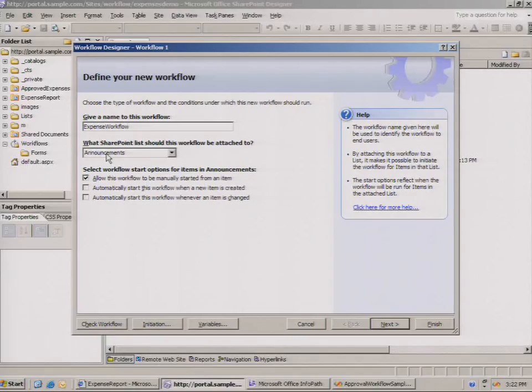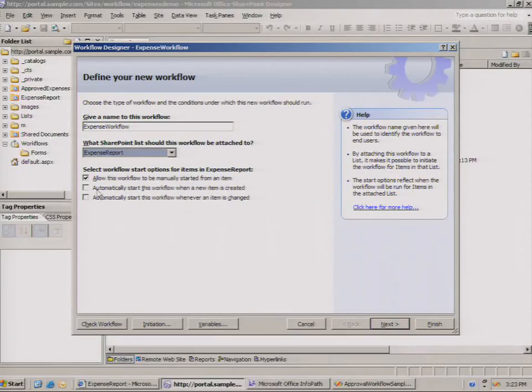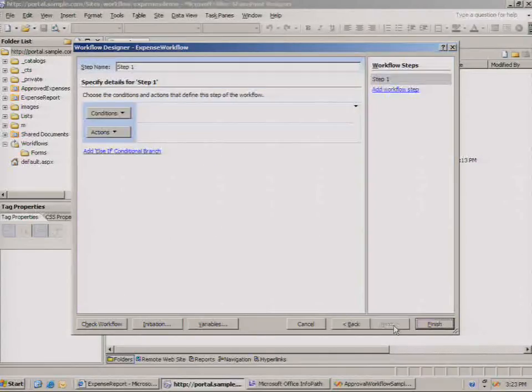that workflows designed in SharePoint Designer are always attached to one and only one list. So in our case, that document library happened to be called expense report. And we would like to start the workflow when a new form is submitted. So we go next. And as you can see, it's actually quite